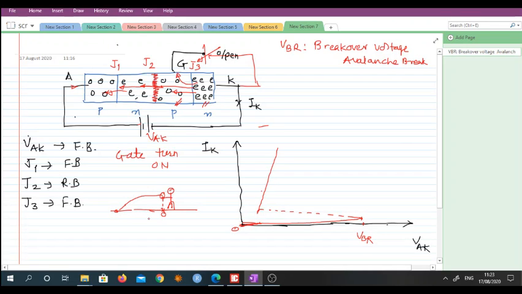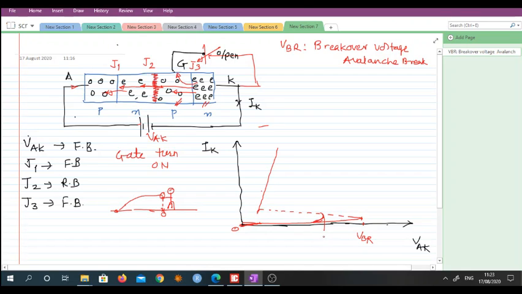By the same phenomenon, these electrons will acquire sufficiently large energy and they move from this junction, this layer P, and then they break this depletion wall and come out of this layer and try to move towards the positive terminal of the VAK potential battery. And therefore the breakdown of the device will take place somewhat earlier. Let's say here, I will show it here. Somewhat here at this position the device will turn on.